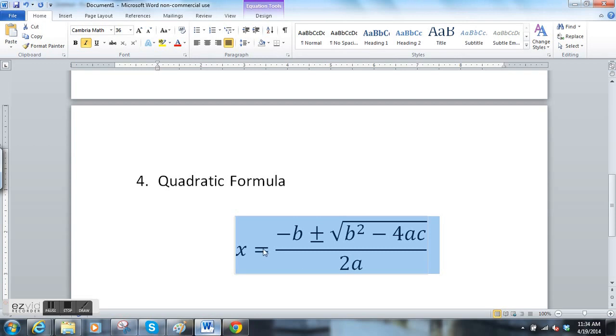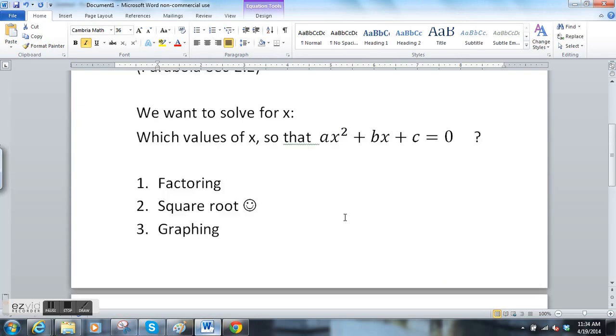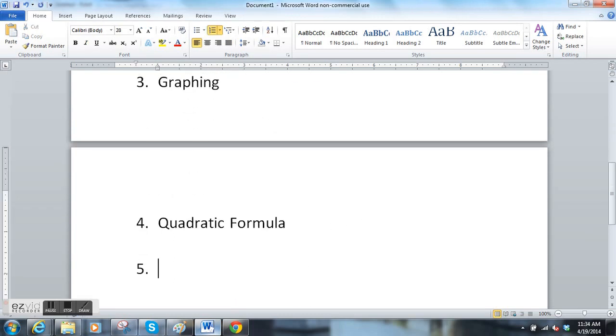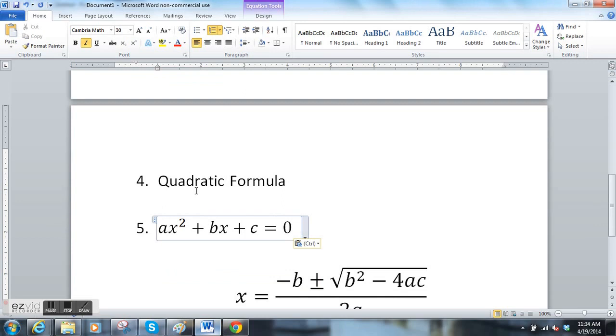I'll go back to it here for a second. So here's what you're memorizing. For this, if it's in the general form, ax squared plus bx plus c equals 0, I'll copy that and paste it here, right? If it looks like this, then,